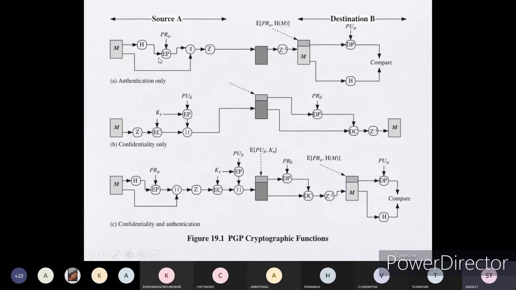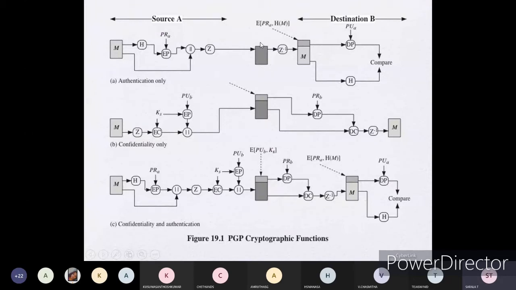After that you are doing encryption. To do the encryption we need a security key. The private key is needed, and that private key is used while doing the encryption. After that you are concatenating the data, which is hashed with the hash function and encrypted, with the main message, and then you are doing the compression, that is Z.